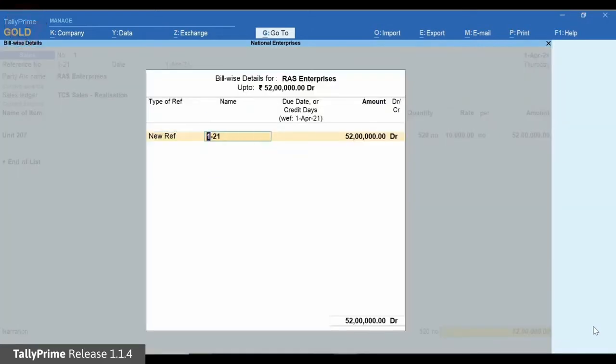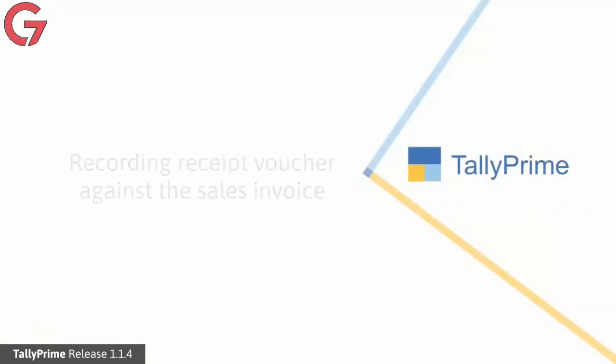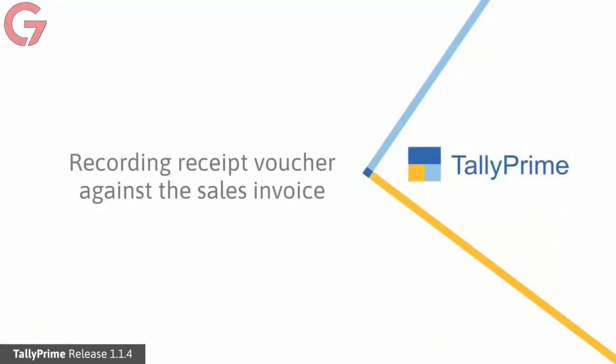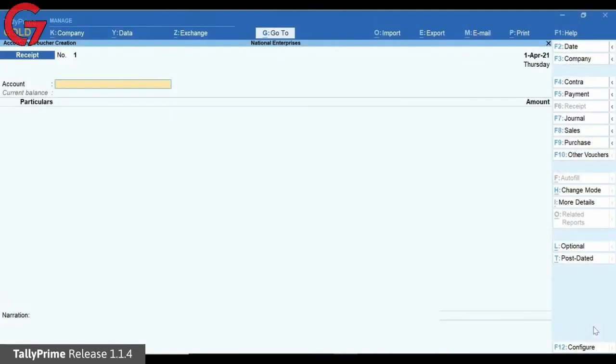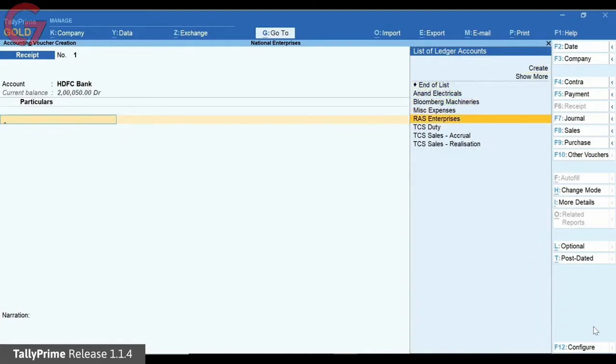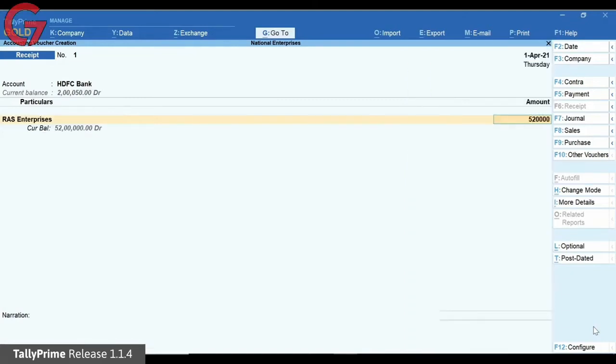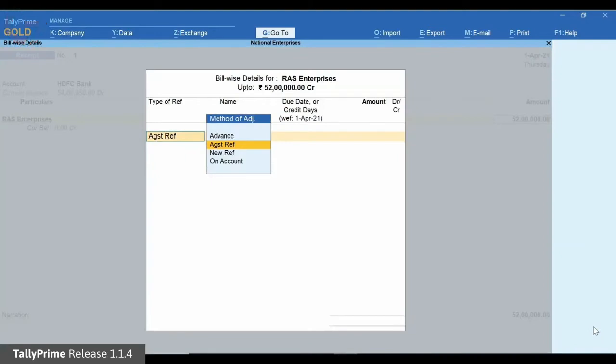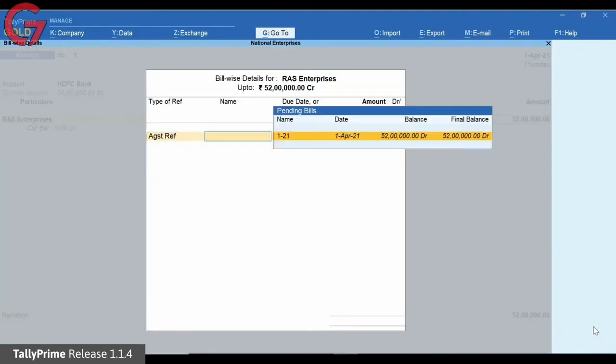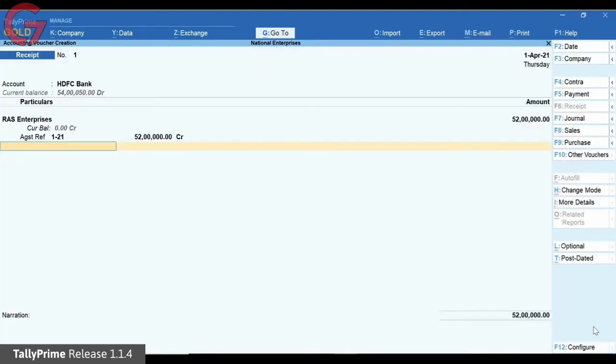Save the invoice. For this sale, you can record the receipt voucher where tax can be applied. In the receipt voucher, select the bank ledger and select the TCS party ledger. Enter the amount. In the bill-wise details screen, select against reference and choose the sales invoice.